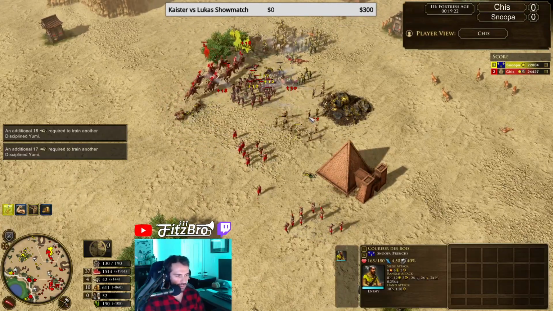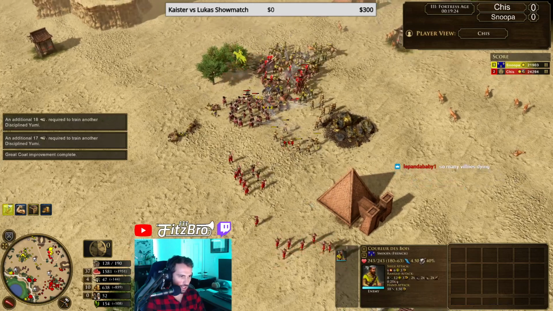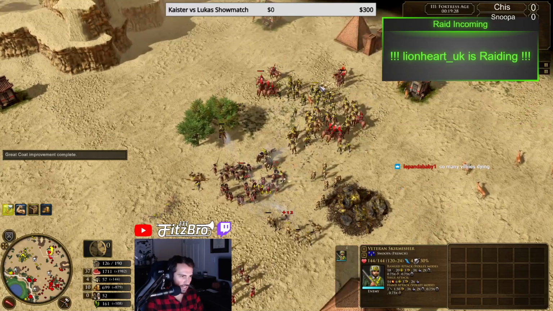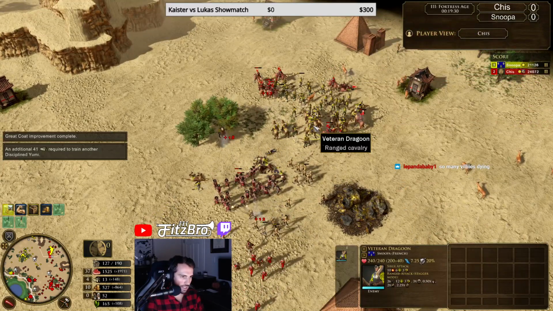These CDBs do have range resist, so against these Yumis, at least he can tank a little bit, but a lot of his army is just walking around right now as far as these skirmishers trying to get out of position of these Naginata riders. How many...